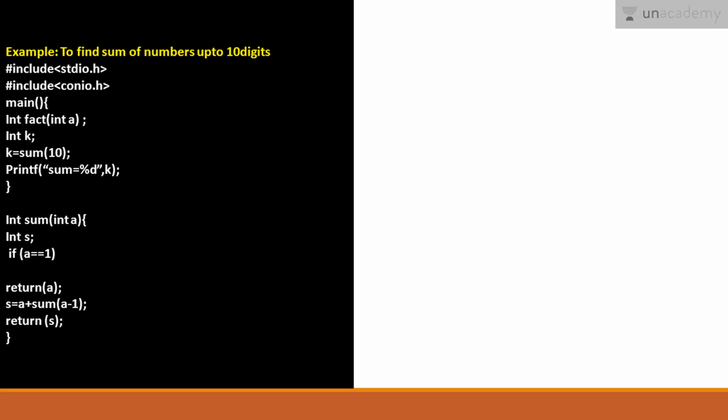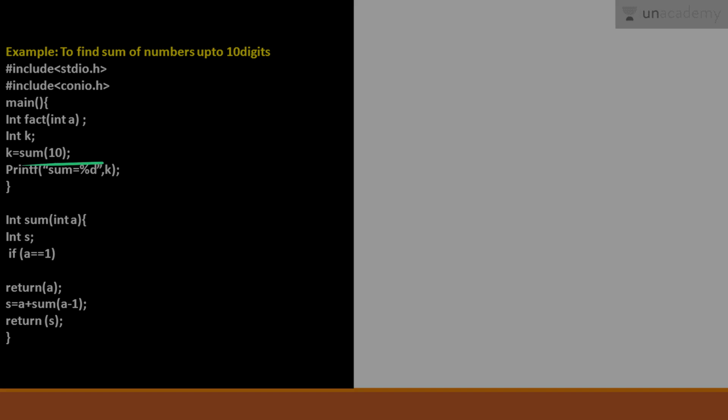So now the code here is int a, int k is equal to sum 10. We have taken 10 numbers, the sum of 10 digits. Now we will take numbers from the user. So first it will call sum 10.